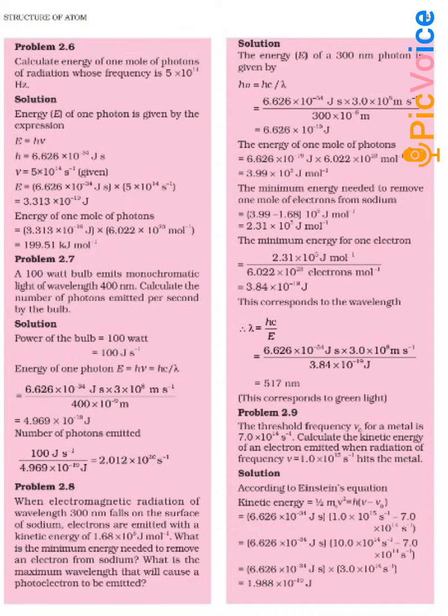The energy of 1 mole of photons would be, students, this 6.626 into 10 raised to power minus 19 joule multiplied by Avogadro number, that is 6.022 into 10 raised to power 23 per mole, comes out to be 3.99 into 10 raised to power 5 joule per mole. So the minimum energy needed to remove a mole of electrons from sodium would be, for 1 mole of electrons, isn't it, minus 1.68. You will get 2.31 into 10 raised to power